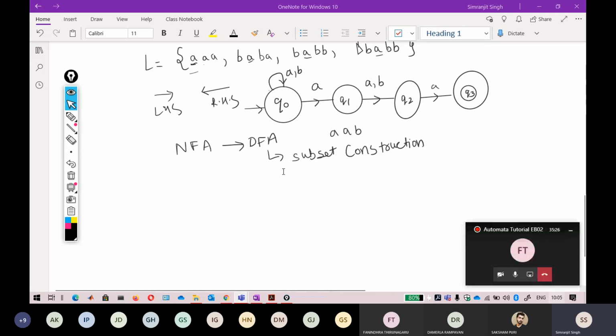If you have some notes, take a look at what we have done previously and then solve. The NFA you've drawn only accepts if the last character is A. Shouldn't it be the third last? Yes, that is absolutely right. You don't need the last state, right? You can continue a self loop on Q2. I can do a self loop on Q2, but if I do a self loop of A and B, then the string AB can also come. So the third symbol from the right is not A, and that is the problem here.